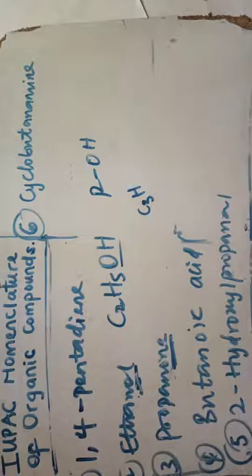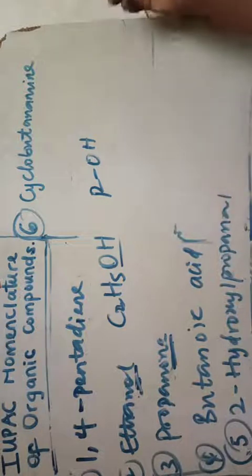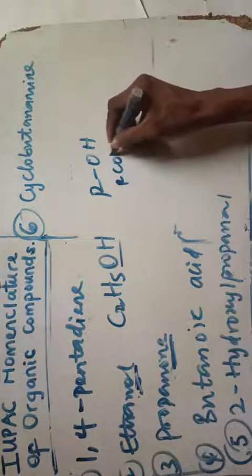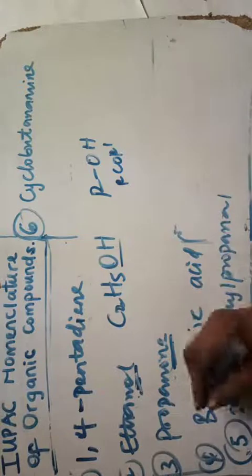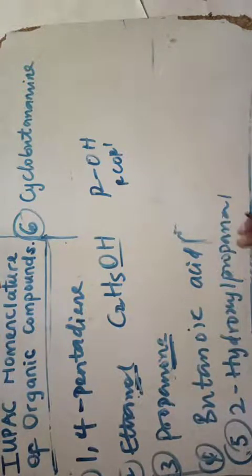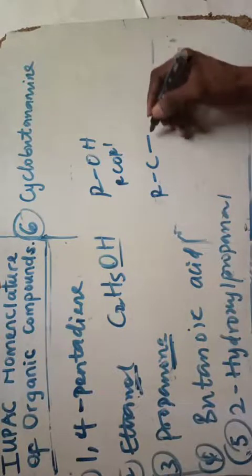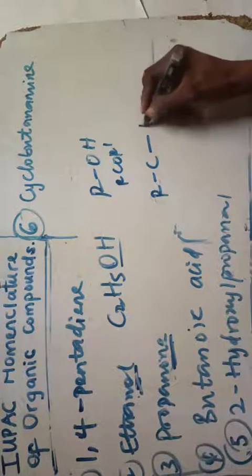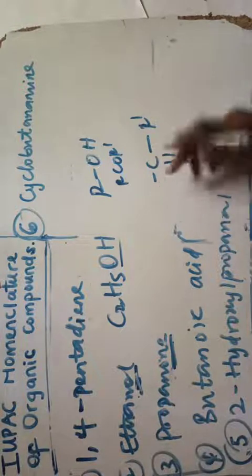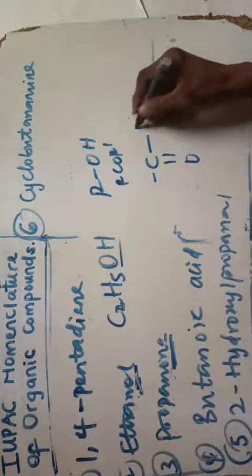Okay, so it's advisable when you write this, you can just write C3H7. Since the functional group is RCOR prime, it will be best if you write this out. So you have your RCO. If you remember how to draw the functional group of ketone, you have RC, and you can have your simple R prime. You have your double bond O here. So I have to put my C2H5 here. So since it's a single C, I can put my hydrogen here.